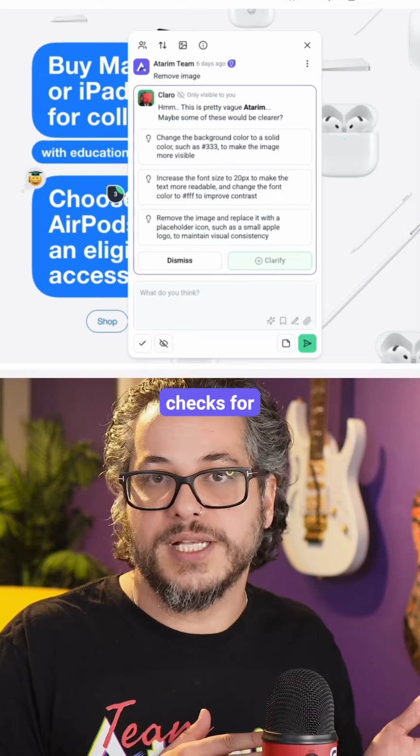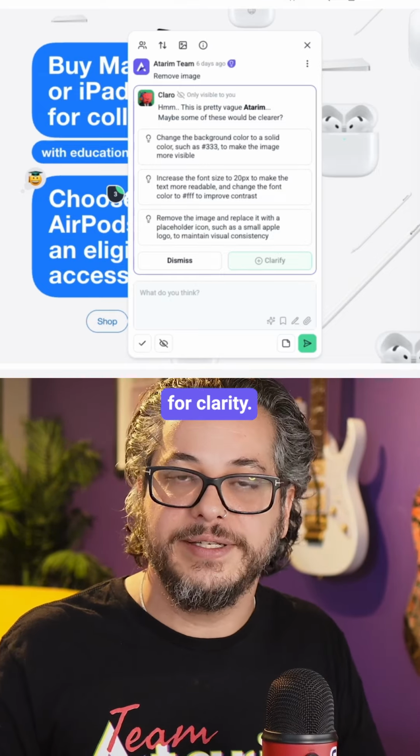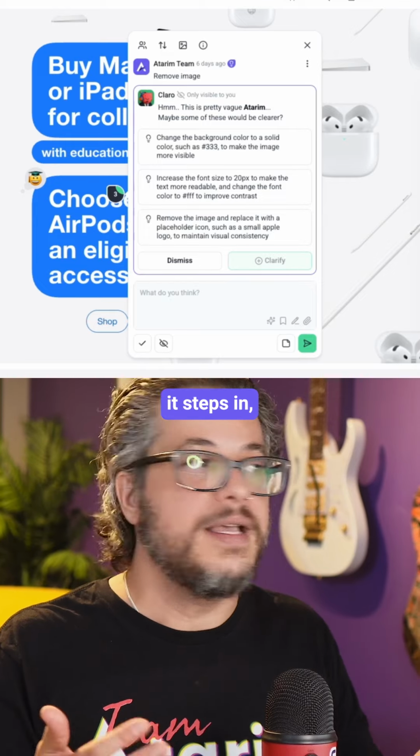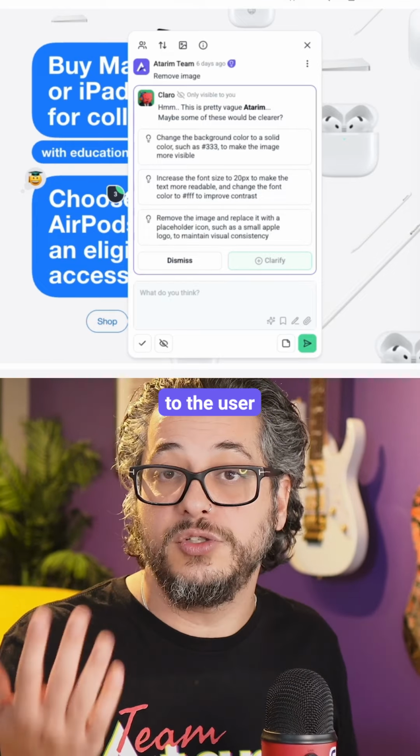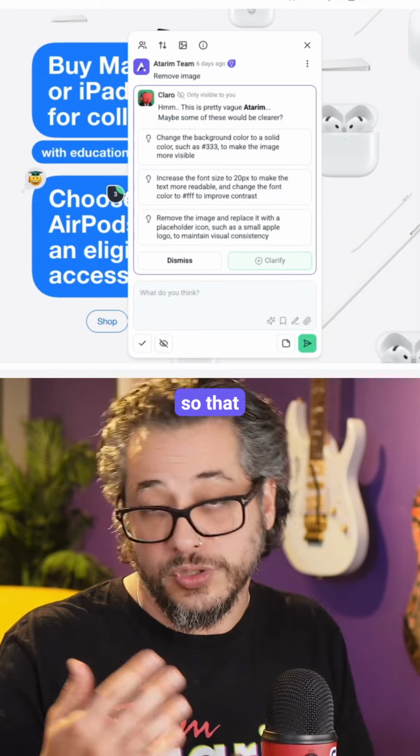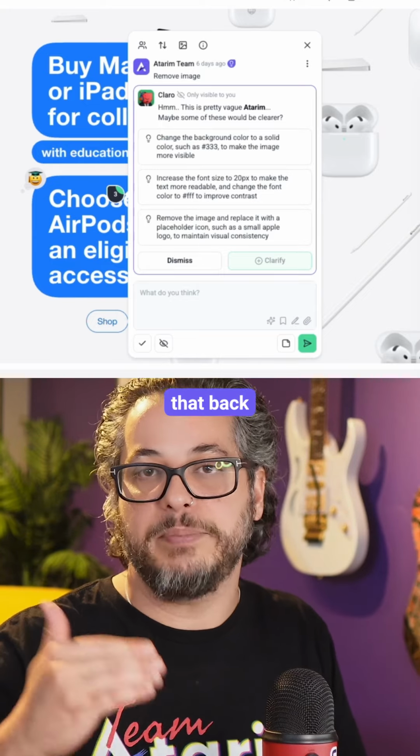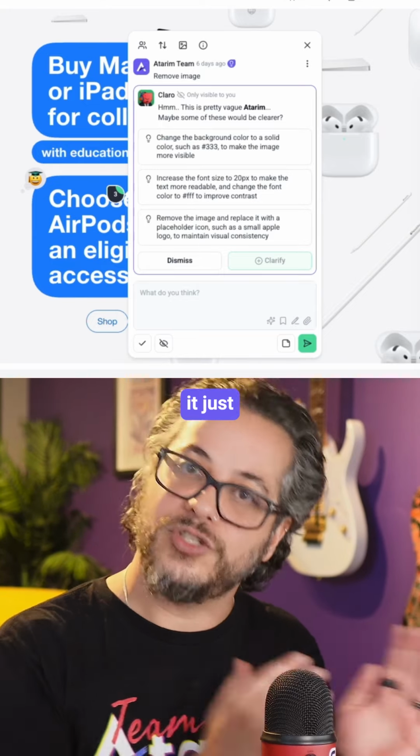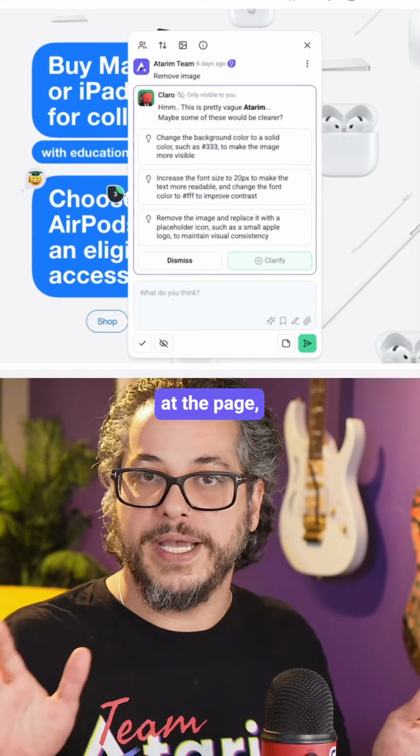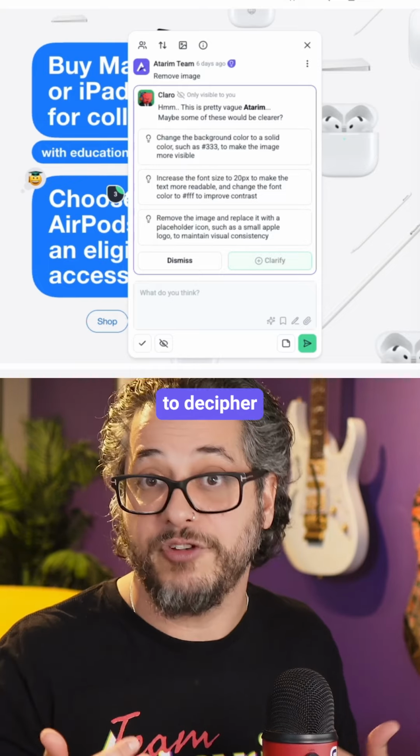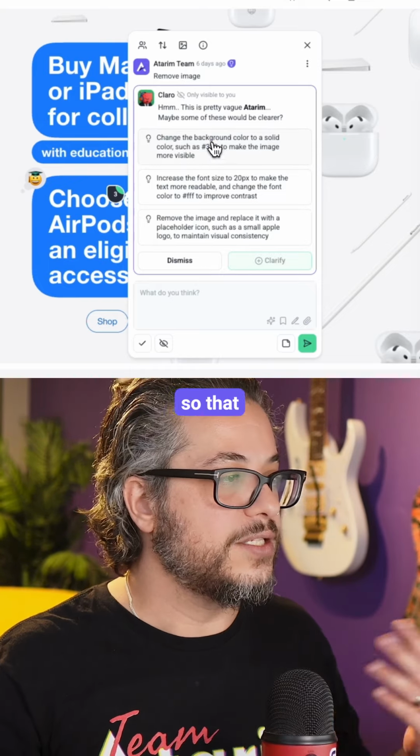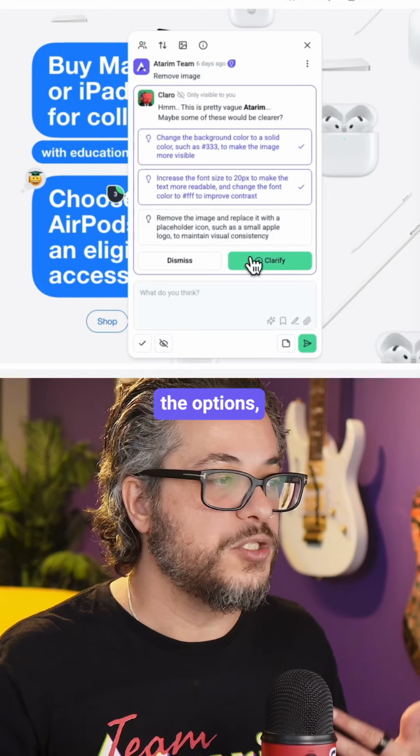Like Grammarly checks for grammar, Claro checks for clarity, and if it's not there, it steps in to bring a few suggestions to the user in real time, so that you don't have to go back and forth, that cycle. It just does it for you, looking at the page, looking at the message, and trying to decipher what the user actually meant, so that the user can highlight a few of the options, click on